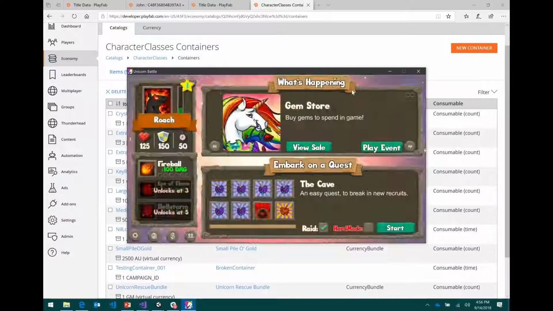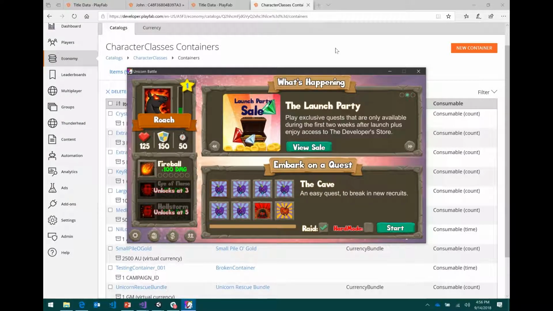I'll have to double check on that. But yeah, there's lots of learning material. There's a lot of tutorials, especially for Unity. PlayFab also has them on their GitHub. Yeah, it also supports